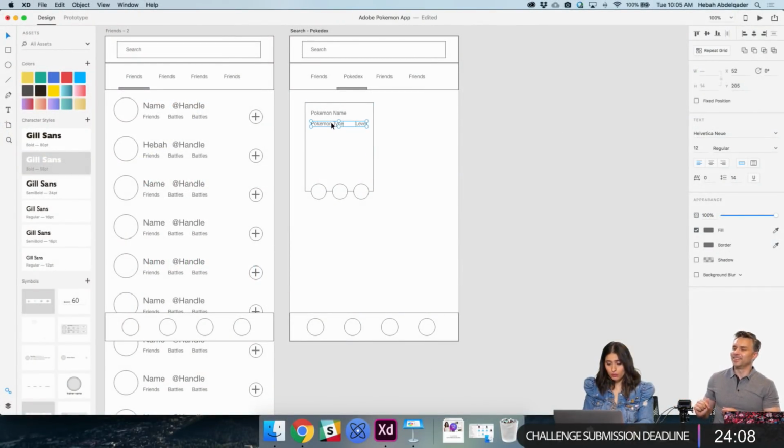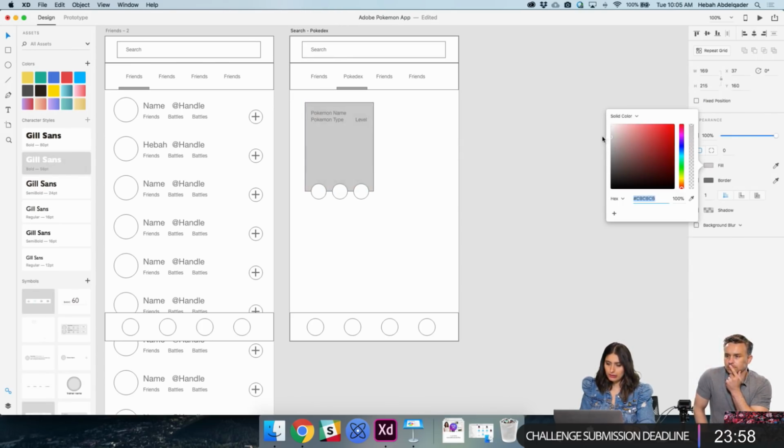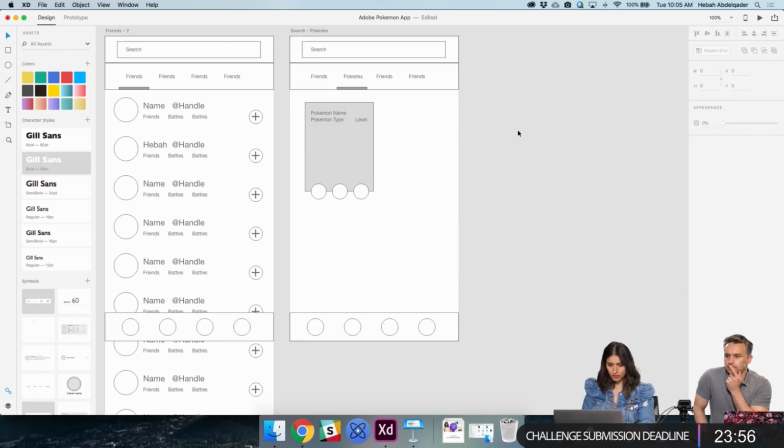So right now what we're working on is basically we're building the Pokédex. What I would like to see here is an image of the Pokemon. Let's make this a little bit darker so it actually looks like a placeholder. I want to have the Pokemon name, its type, and its level. So is it a basic? Is it evolved? Is it not? And then I'm going to have the 3 different actions here. This is just a wireframe. It's not what it's going to look like.